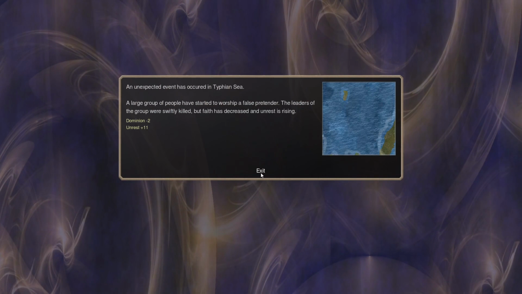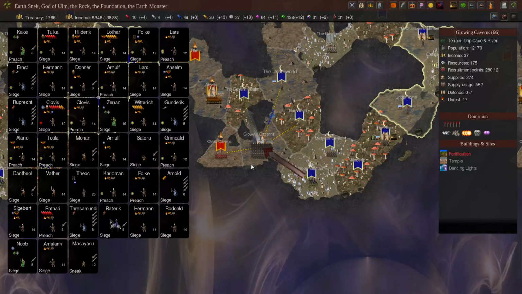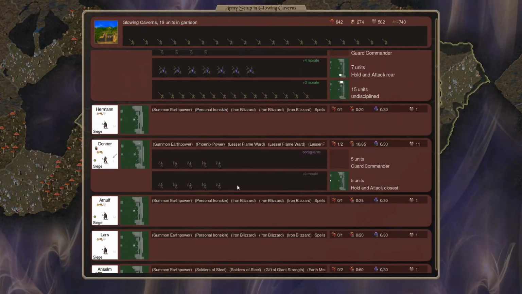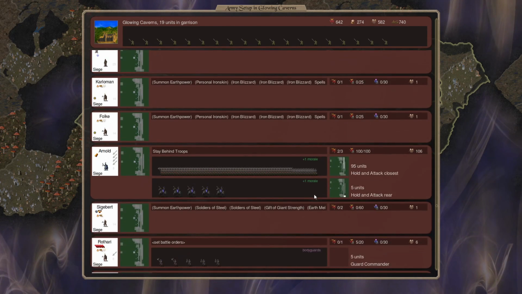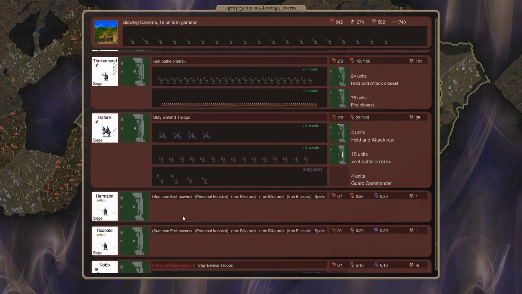Unexpected event in Dithian Sea, unrest, more unrest, but it can't be helped. But other than that, we're good to go. So, we managed to think up our scripting last turn for our communion and for a bunch of our mages. Other than that, we just have a bunch of troops who are all going to do what they think is best. But as you can see, we have a large number of troops. Let's make sure that we have also got our commanders